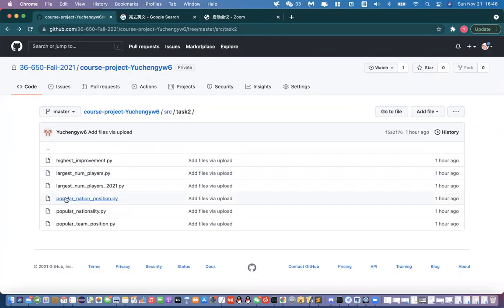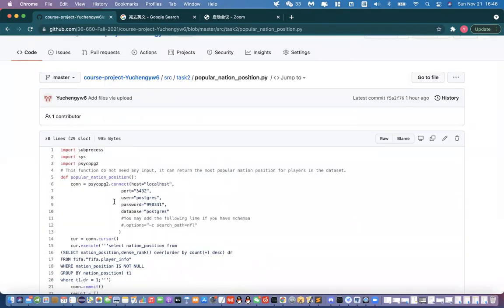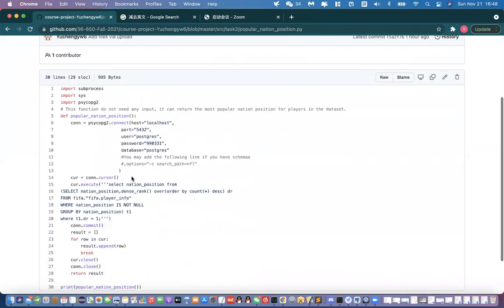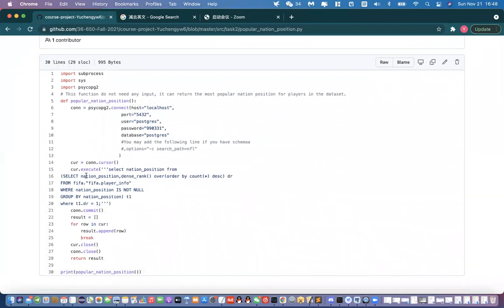Now I'm going to talk about the popular nation position. In this part, we can find that this function does not need any input. For the logic, we select the nation position and order by the count of players for each nation position. And we add a dense rank to them, so that if we have 2 nation positions that are both the most popular one,